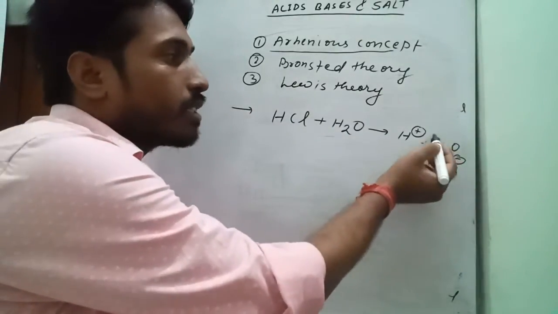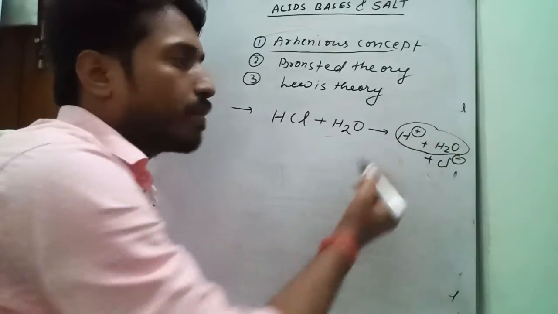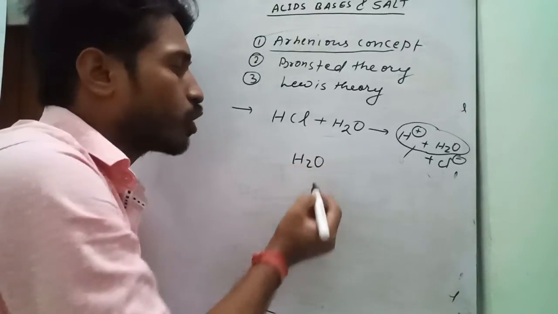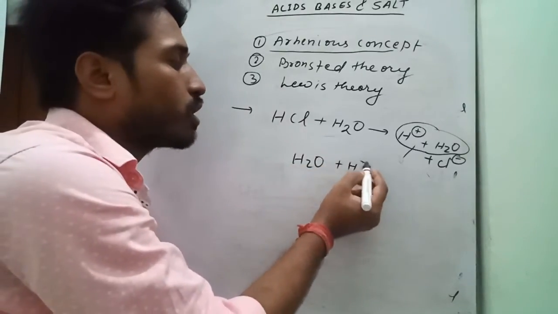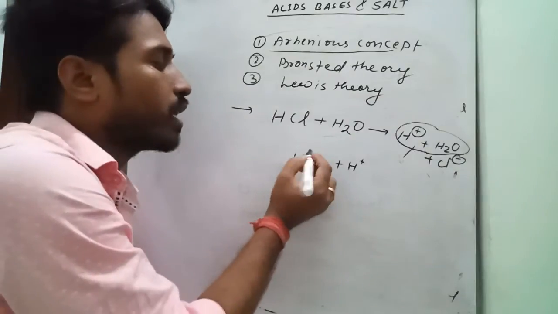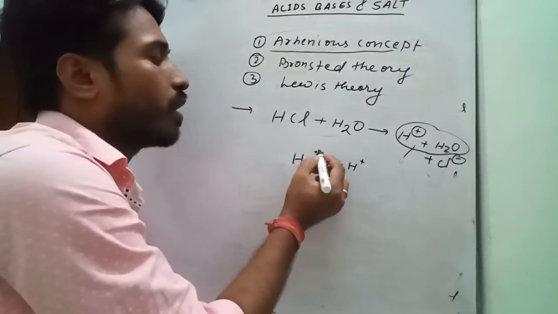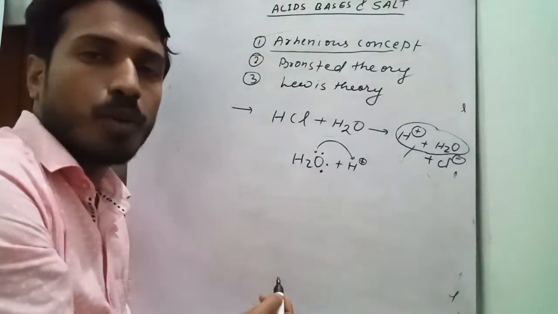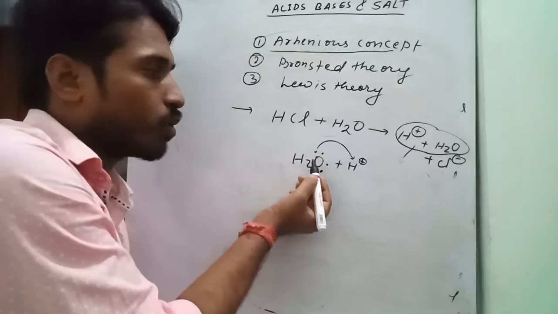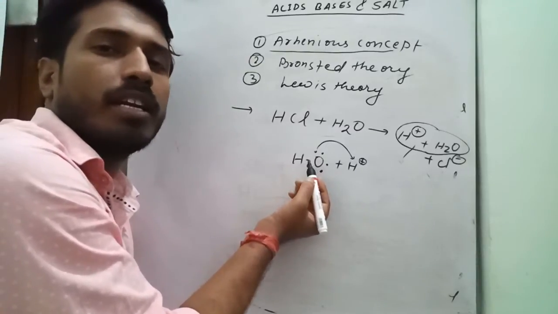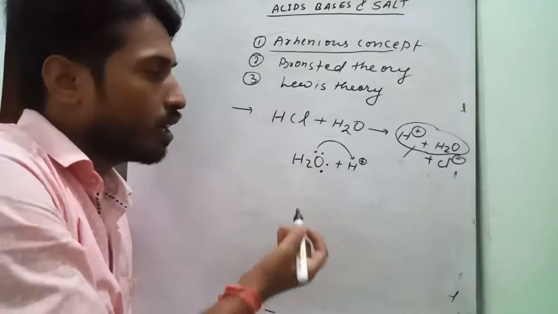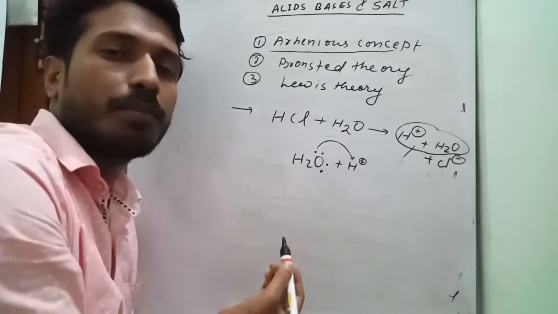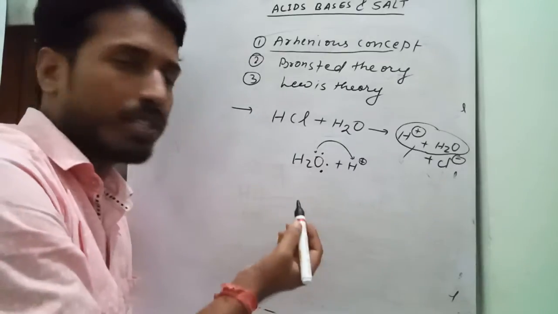Further, since H positive ion is not stable, what shall it do? Both these species, water H2O and H positive, together will form hydronium ion. Since H positive does not contain any electron and water has an extra electron pair, how can we know whether any species has extra electrons or not? Just see the octet, that is, whether the species has completed its octet or not. So how can we see the octet?